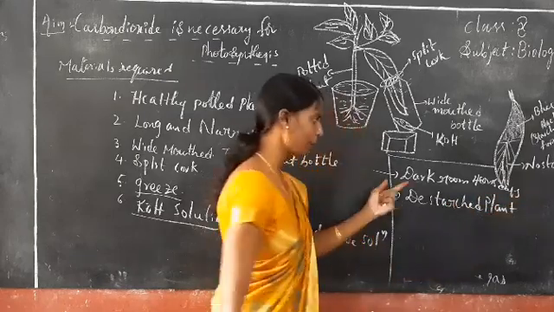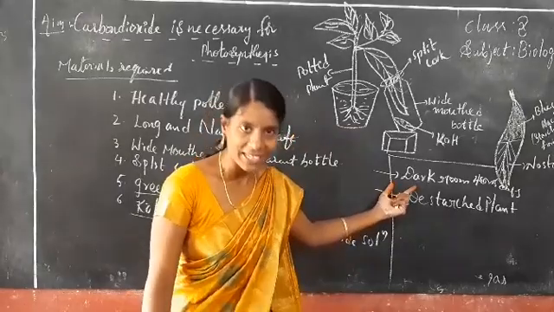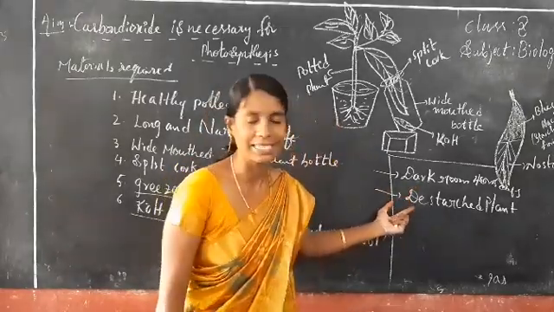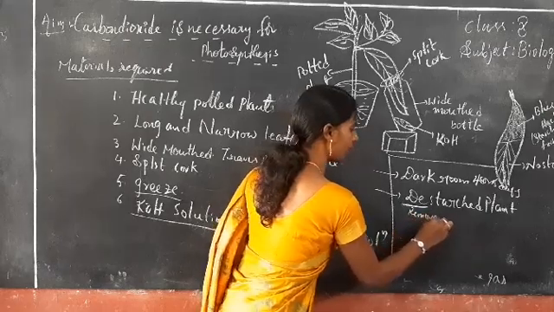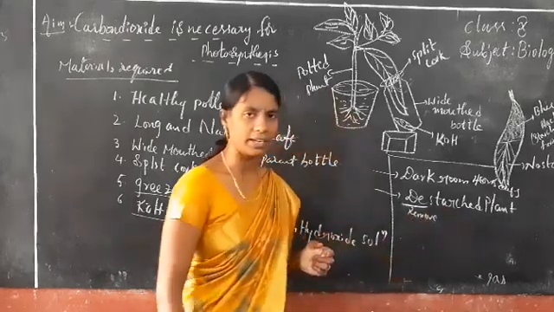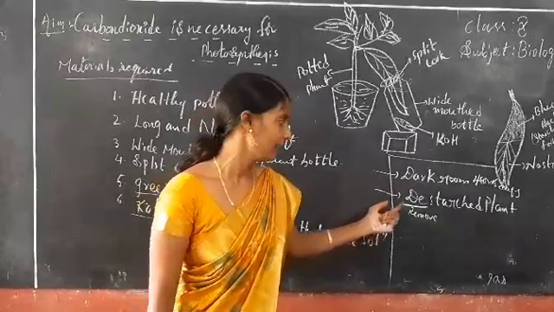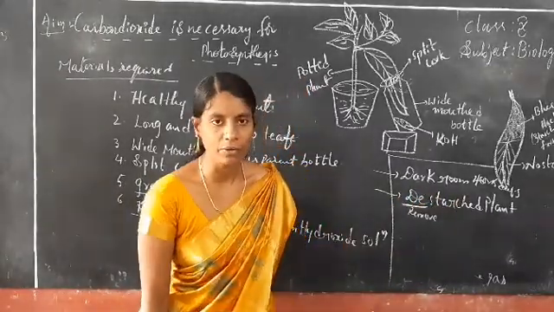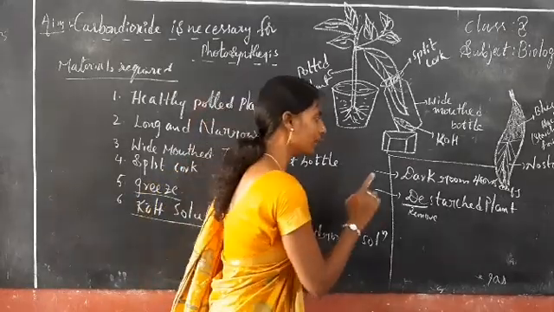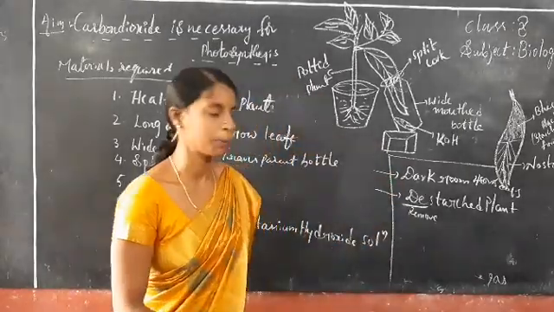Why? Because if you keep the plant in a dark room, there is no sunlight. That's why it comes to the position of being destarched. There is nothing but removal. Starch is being removed here. That's why we call it a destarched healthy plant, or destarched plant. Clear, all of you? This is the main thing we are maintaining while doing this experiment.